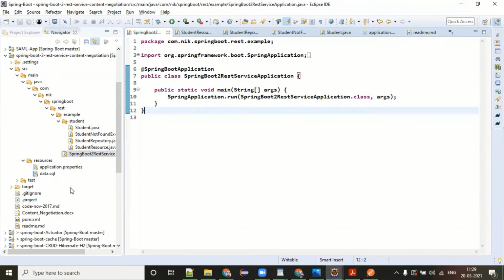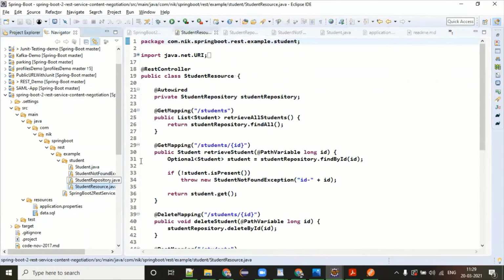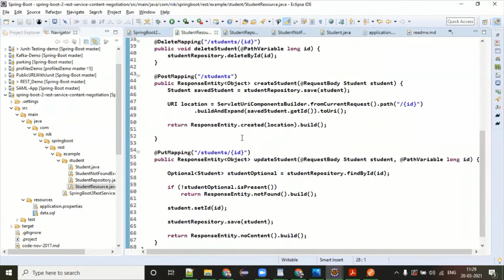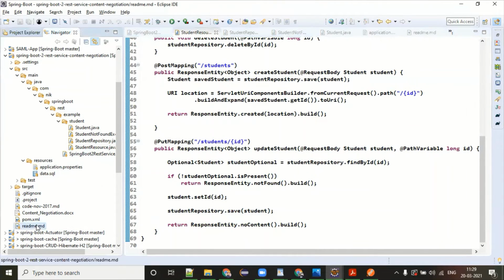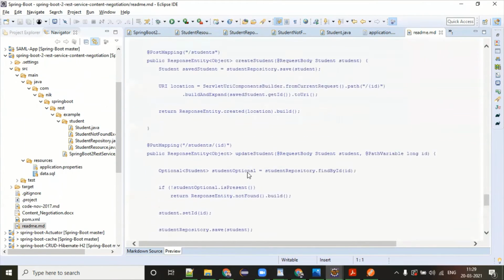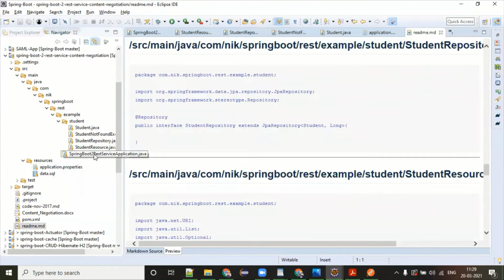I was just looking for the GetMapping. Fine. Let me first run this.